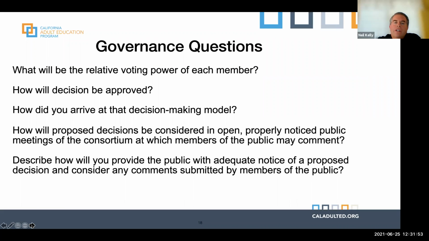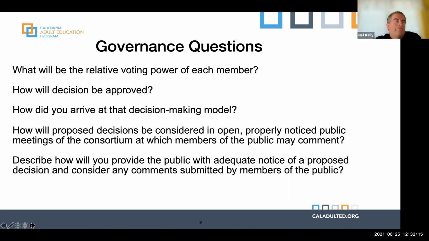So of course, voting, we'll have a question on voting, decision approval, decision-making model, public notice of meetings, public comment, and then adequate notice. How do you consider input comments by members of the public?